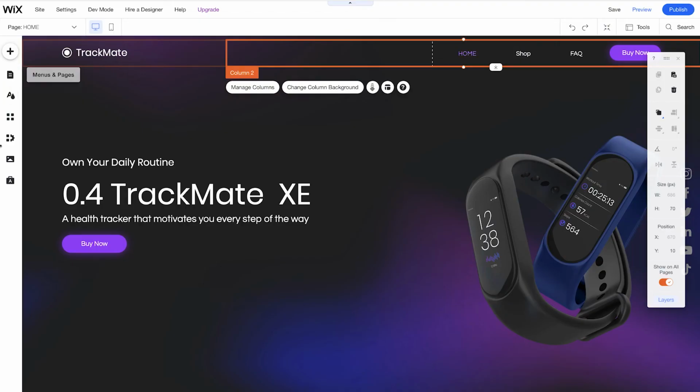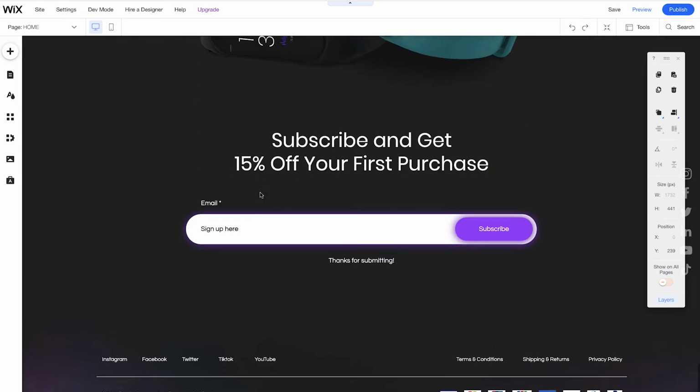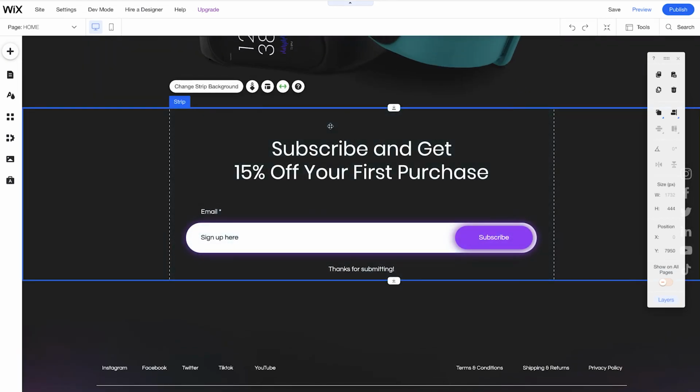As I mentioned a couple of minutes ago, if you have a really long site as opposed to a site that has many different pages, I'm going to show you how to add an anchor so you can take your site visitor to a certain point on the site. So let's do that. Firstly, we'll scroll down and choose a point on the site that we would like to use. I think the subscribe section is really important.